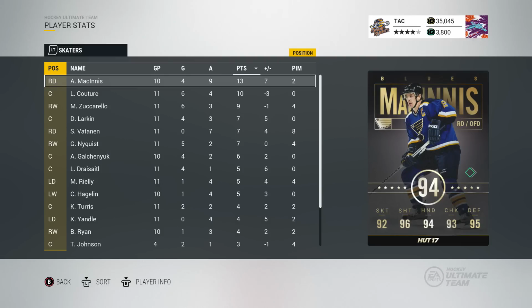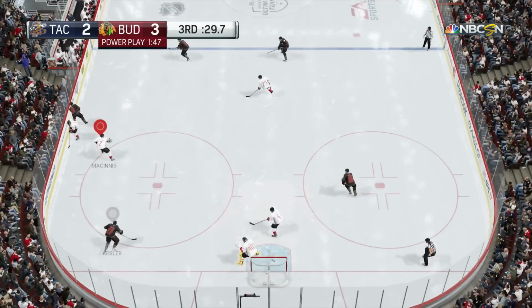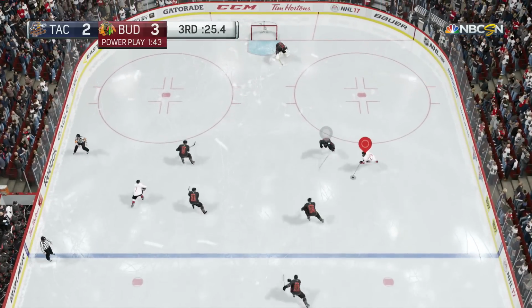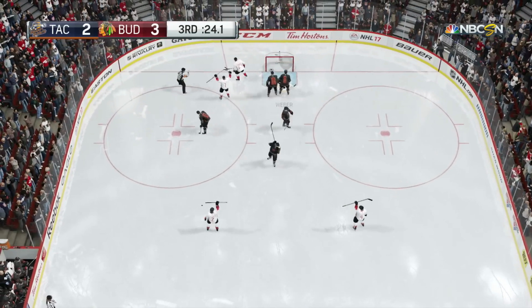So as you can see here, in 10 games played, he has 4 goals, 9 assists, and 13 points. Best player there, followed by Couture with 10 and 11. He also had a +7 rating and only 2 penalty minutes. So basically, when he's on the ice, we're scoring, he's creating chances, and we probably aren't getting scored on that much. He was that good of a player, and like I said before, a really good playmaker,